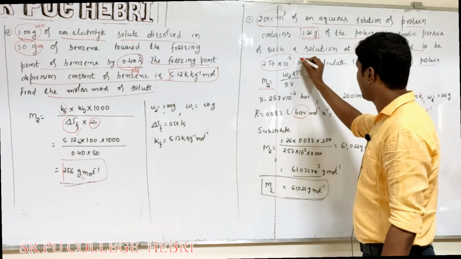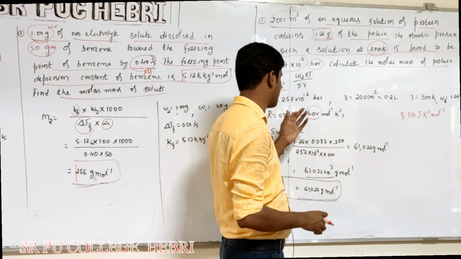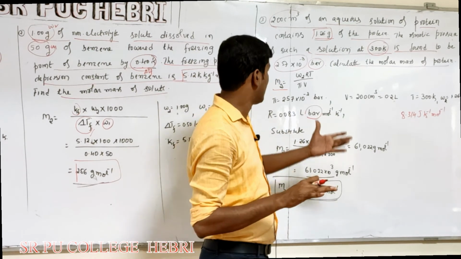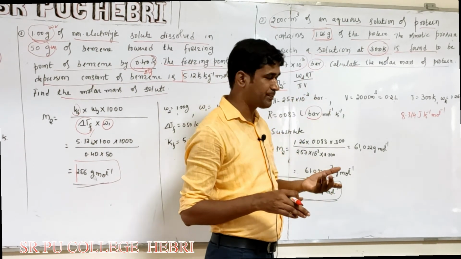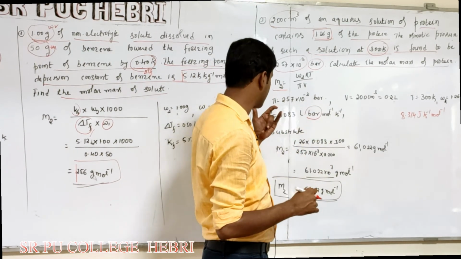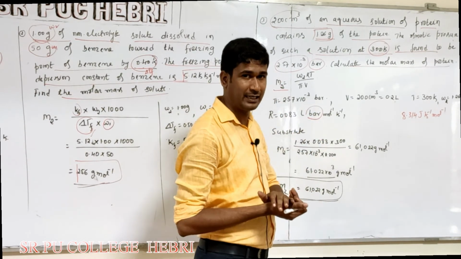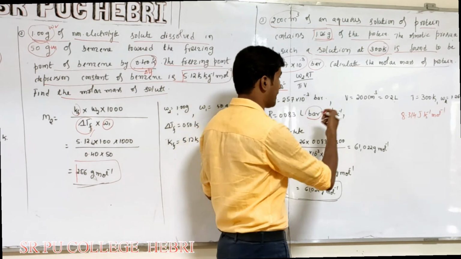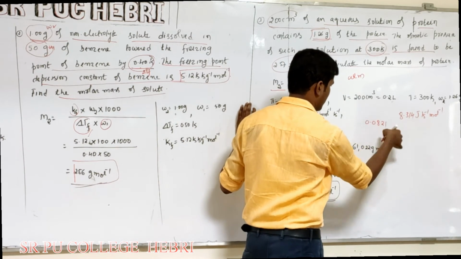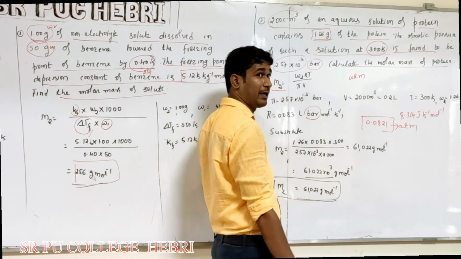Here, osmotic pressure is given in terms of bar. While substituting these things, you have to substitute similar units in the denominator as well as in the numerator for pressure. If this pressure is given in terms of atmosphere, what will you do? You have to replace this bar by atmosphere. So it is 0.0821 liter atmosphere per mole per Kelvin you will get. If the pressure is given in terms of atmosphere, the value will be 0.0821. Don't forget it.